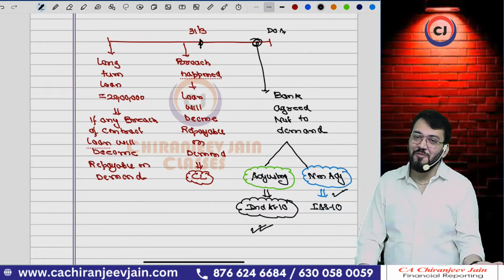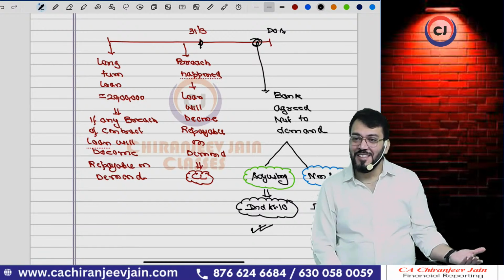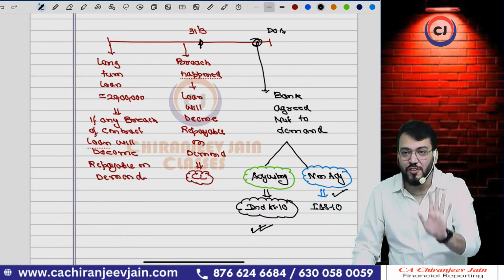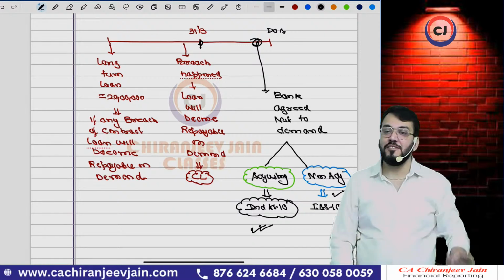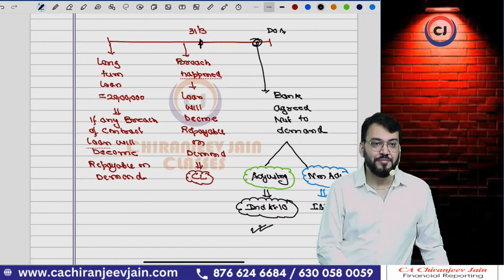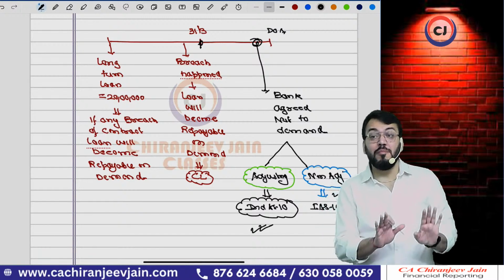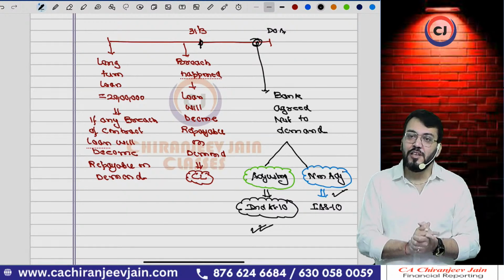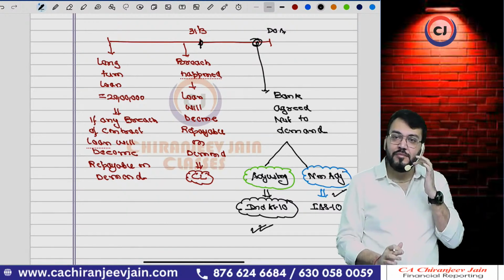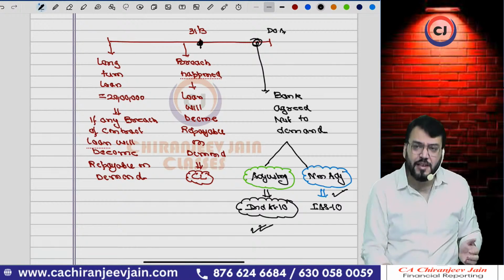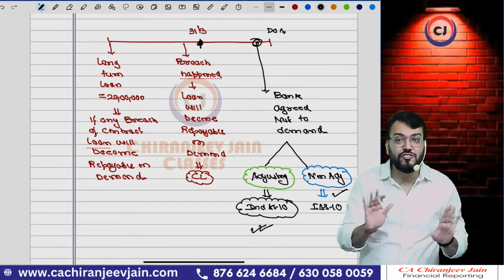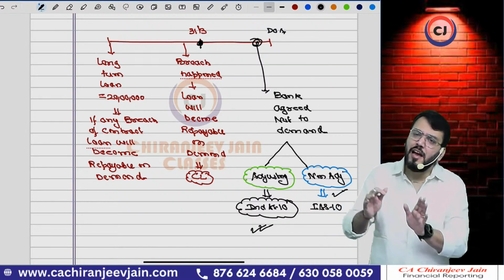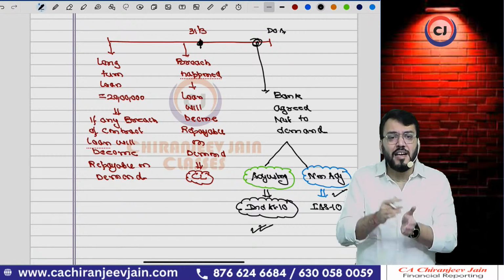In India, we all know what can happen. A little negotiation is possible. Everyone knows that yes, it is possible. We can convince the bank, please don't demand. Even though there may be some major breach of contract, we can convince the bank. So if the bank agreed, can you say that the condition was available, because in India the bank is not so strict, and therefore India's stance says that yes, if the bank has already agreed and that information is